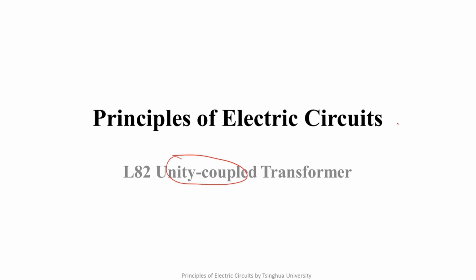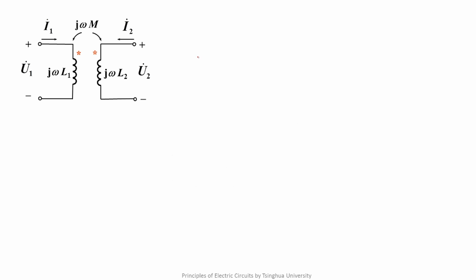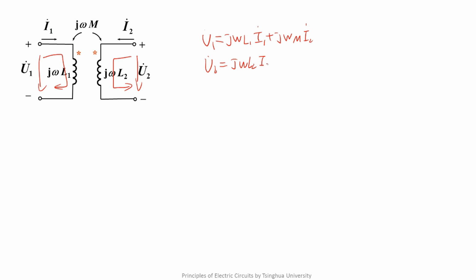Under the assumptions of unity coupling and lossless, what's the simple expression of the relationship between the voltage and the current of both sides of the transformer? After ignoring the resistance, under the current reference directions of the voltage and the current, we can write the equations. We use KVL to the primary side and get, we also use KVL to the secondary side and get, solving the equations, we can write out